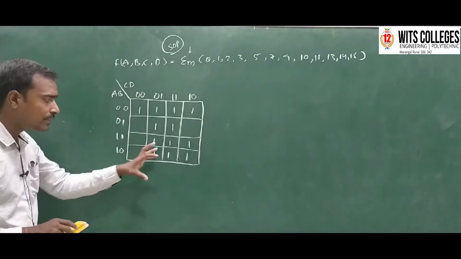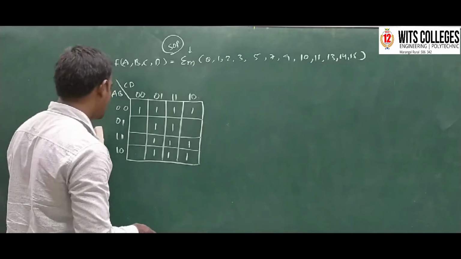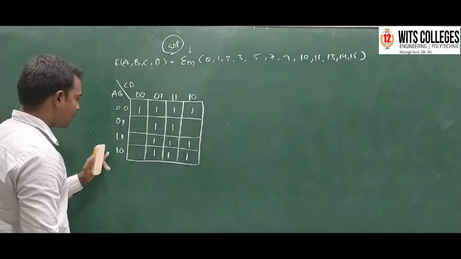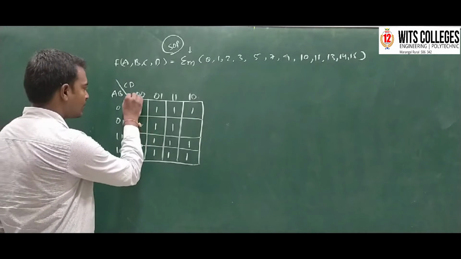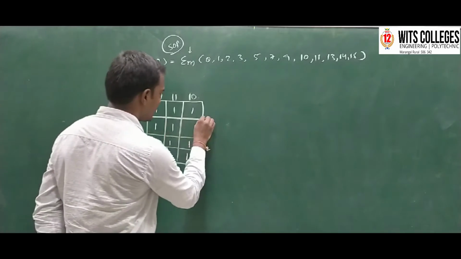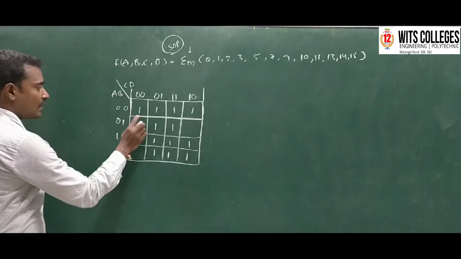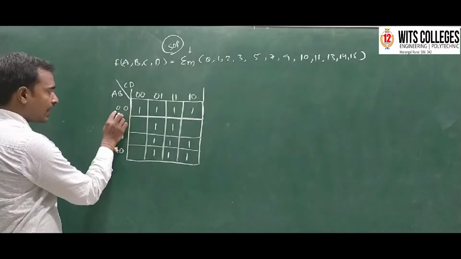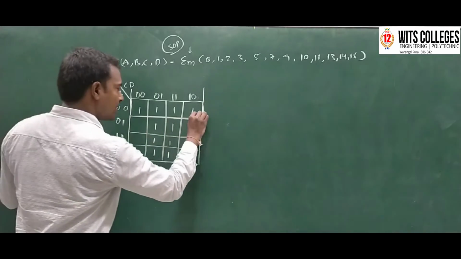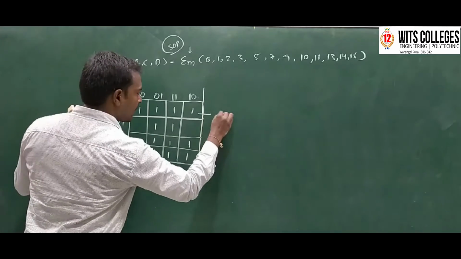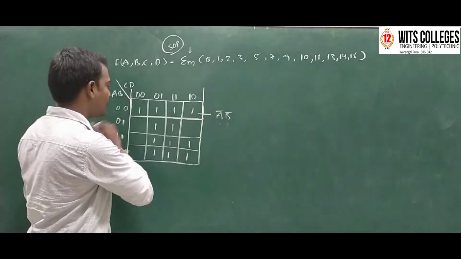Okay, so we have to map all of these variables. For this we will get 00. So we have to map all four variables together here, and we will get A and B, like A is equal to 0 and B is equal to 0. That means for this group we will get A bar and B bar, that is A equal to 0, B equal to 0.